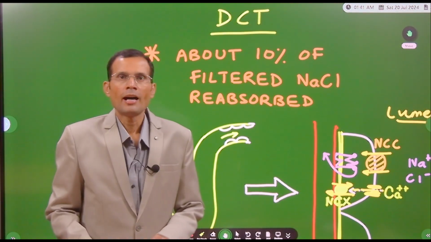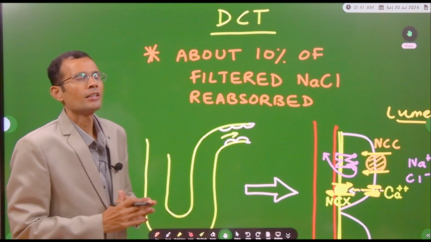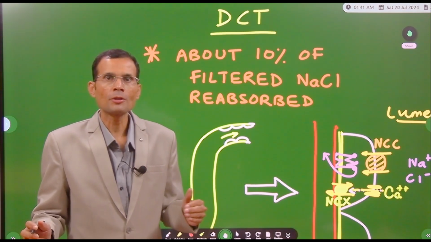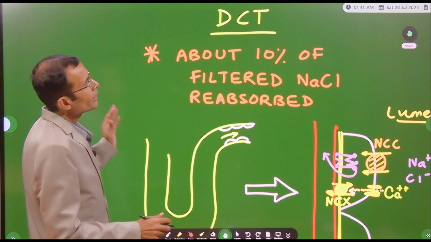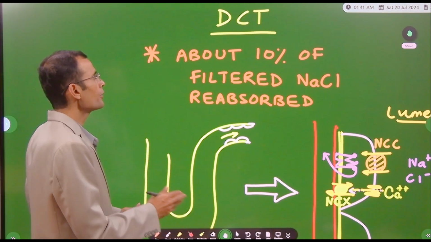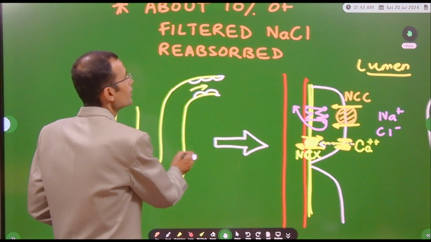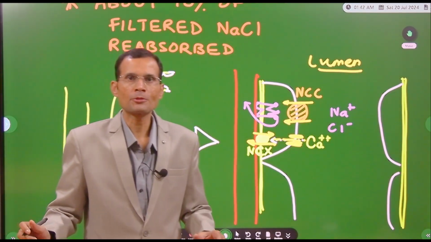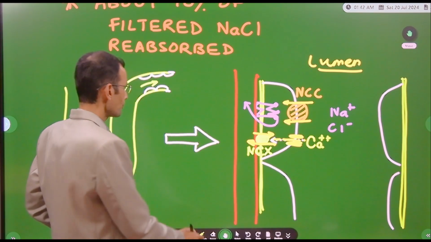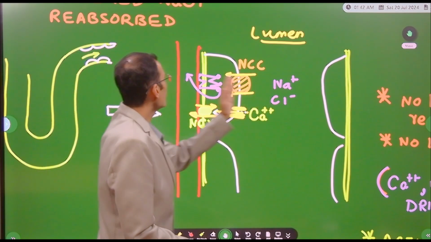As a starting point, the thiazide diuretics and hydrochlorothiazide, an important member of this group, act on the DCT, where about 10% of the filtered sodium chloride is reabsorbed. Let's see the physiology of this reabsorption first, and then we will discuss the action of thiazides. Right. Now, in the DCT,